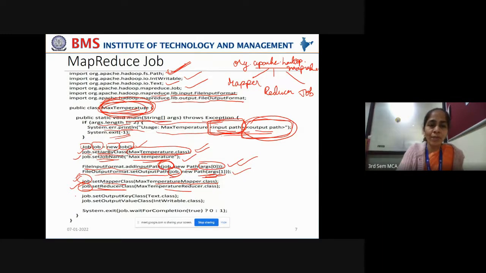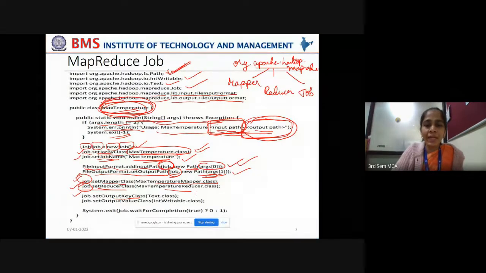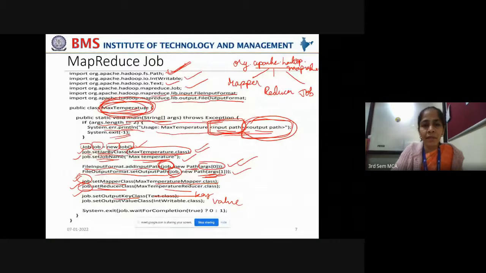And finally, the job should also get the output key class. In what way should the output be transformed by the job? That has to be indicated. So in the job, as a final step, you are indicating the key value pair type in which the output has to be emitted. The key is the year.